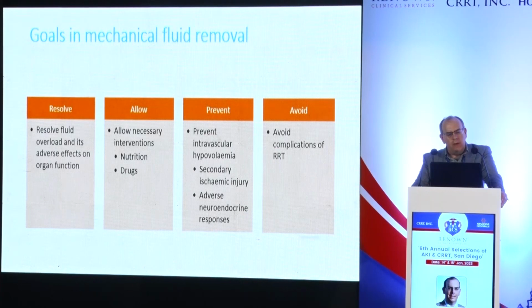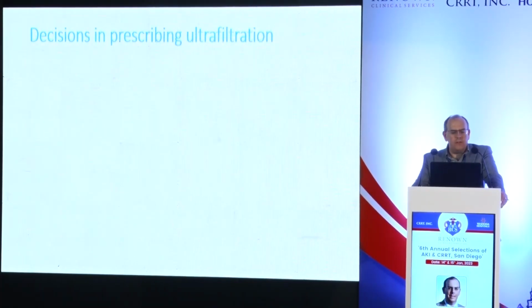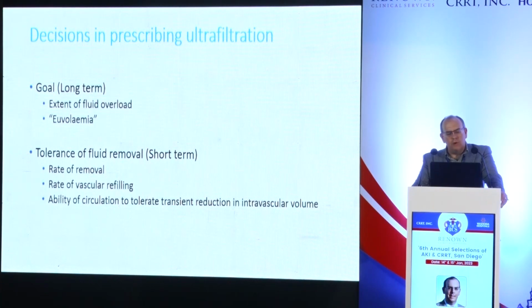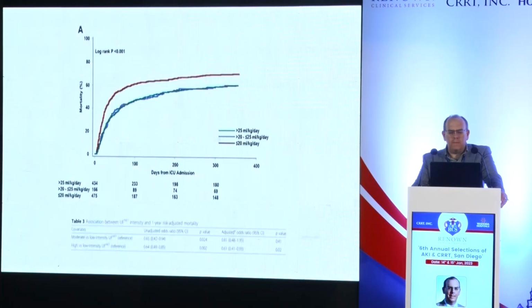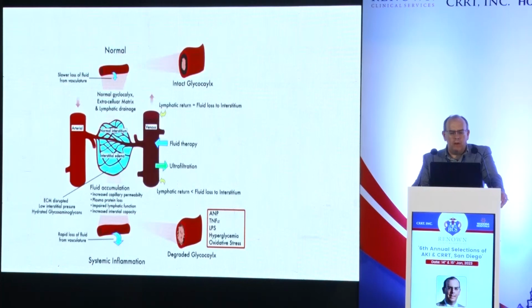Our real goals are to resolve fluid overload and its adverse effects on organ function, allow necessary therapy which involves giving fluid to our patients, but to prevent intravascular hypovolemia, secondary ischemic injury, and other adverse neuroendocrine responses, and to avoid complications of RRT. And so there are decisions to be made in prescribing ultrafiltration, and again, this is the long-term goal and the short-term tolerance of fluid removal. I'm going to touch on this a little bit more in a talk I'm giving tomorrow about lung injury and the interaction between acute kidney injury and lung injury and how we can best treat patients. And so I think that it is best to reserve some of that for the discussion tomorrow,